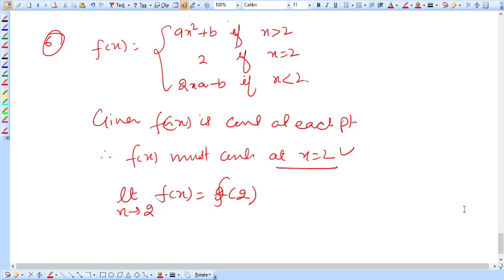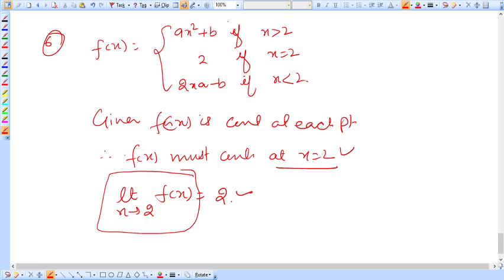So f of 2 is equal to 2 here, राइट? सो देखो इसकी लिमिट कितनी होगी. फॉर दिस वी विल हैव टू फाइंड आउट राइट हैंड लिमिट एंड लेफ्ट हैंड लिमिट. सो वी कैन राइट